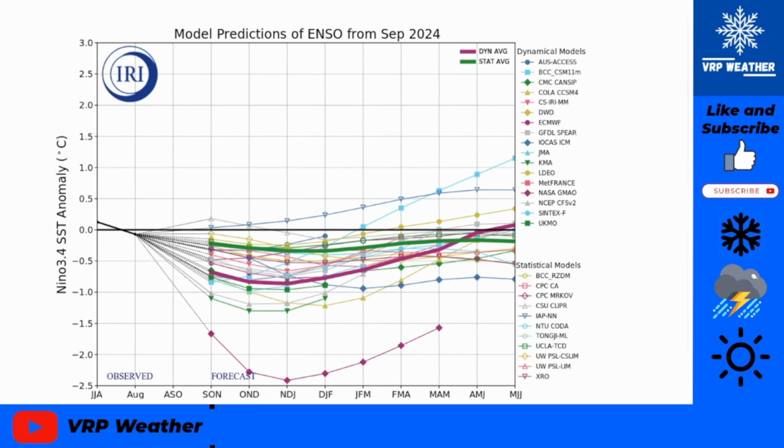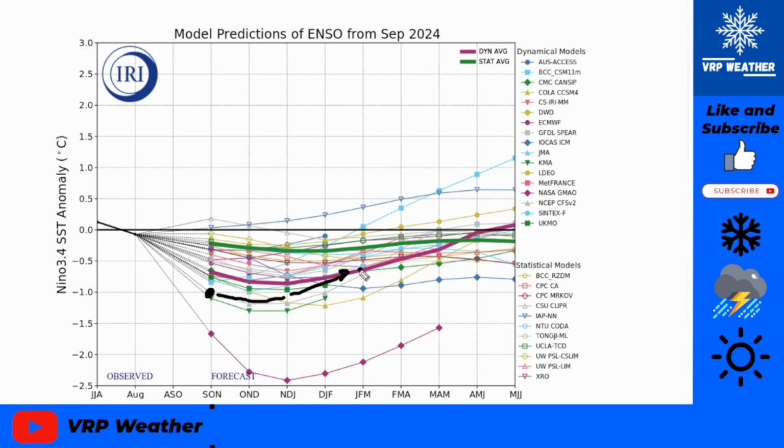This could just be me, but these models don't even get down to negative 1.0 for the ENSO prediction. This is for the 3.4 region, and on the current observations we have negative 1.0 Celsius, 1 Celsius cooler. So that's interesting, something we're going to have to watch out for. It keeps dropping off until November, and then in December we'll have to see how much it rises back by the main winter months of January and February.